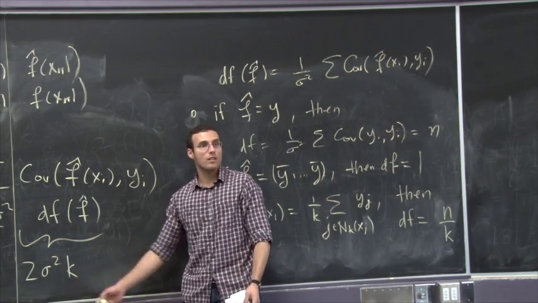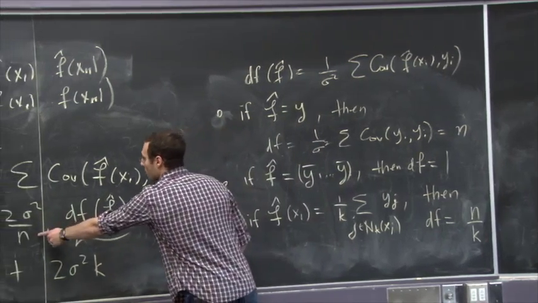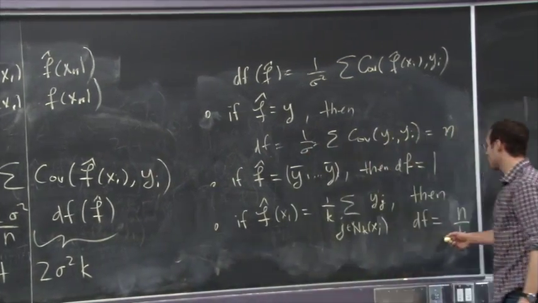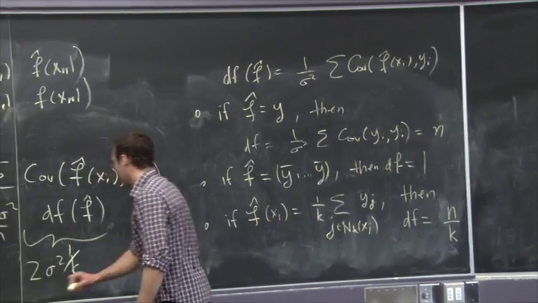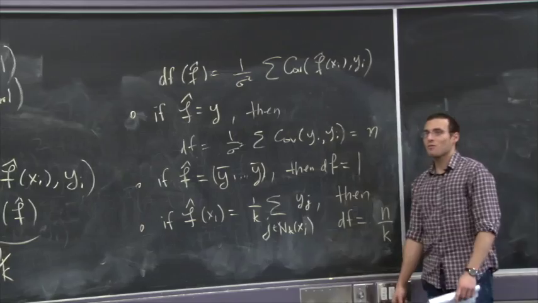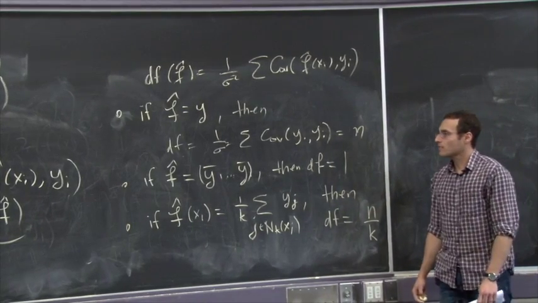But that optimism is bigger the bigger k is. Right? Because here we had 2 sigma squared over n times the degrees of freedom. The degrees of freedom we said was n over k. It should be 1 over k. Seems like I really want to put the k in the numerator over and over again. Okay, so